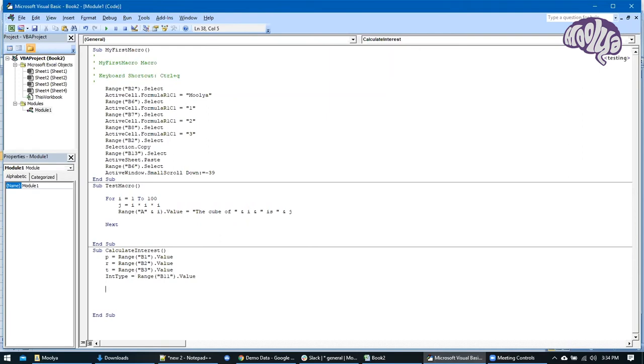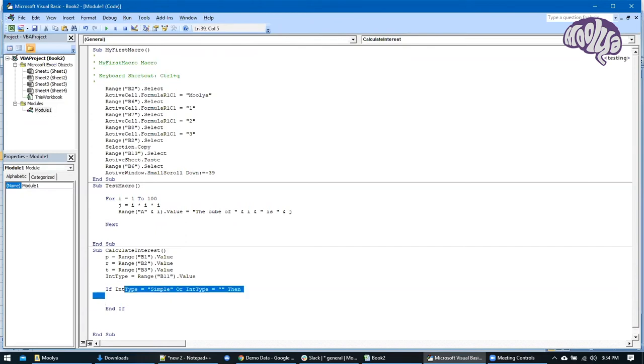Now first I'll check whether the user wants a simple or a compound interest. So I'm going to have an if condition. So if int type equal to simple or int type equal to blank, I'm just going to say blank, then,